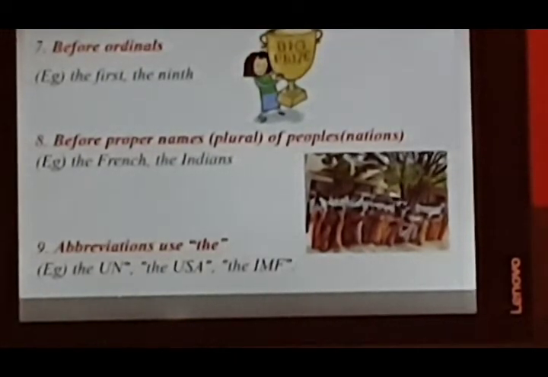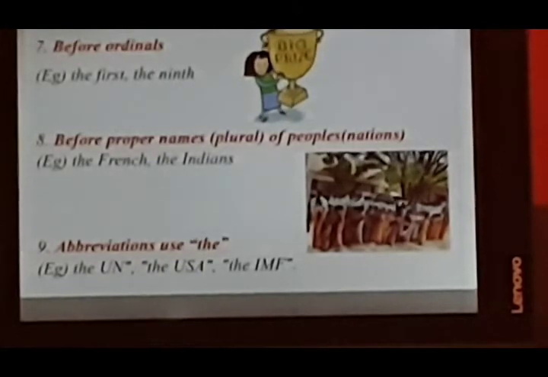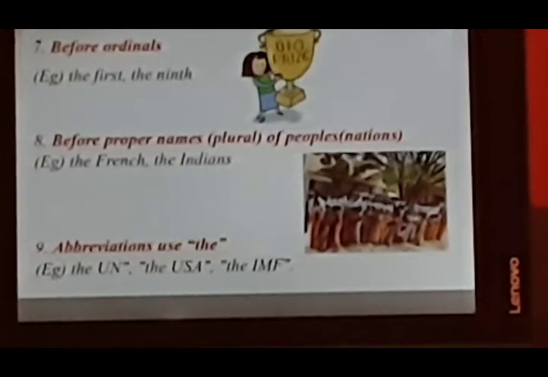Before ordinal numbers, the first, the ninth. Before proper names, plurals of peoples like nations, the French, the Indians. It is the people belonging to a nation. We use that word with the. Abbreviations: the UN. When we want to shorten some three or four words and use their abbreviation, we say the UN. The USA. The USA is a group of different nations, so we say the United States of America, the IMF,